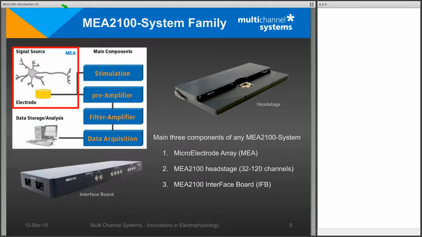Now, if we come to the MEA2100 system, it consists of three components. The first component we already explained, it is the MEA. And if we look at the signal pathway, from the signal source towards data storage and analysis, you have first of all always the electrode, in that case the microelectrode array. The next part is that you have preamplifiers, filter amplifier, and the data acquisition, and possible electrical stimulation. All these components are within the head stage of the